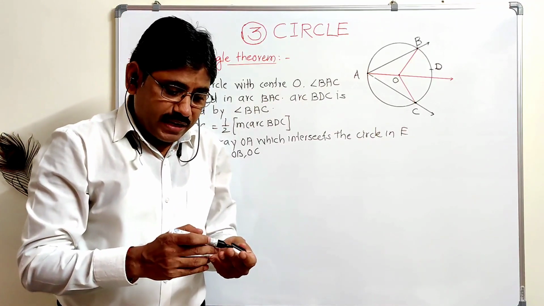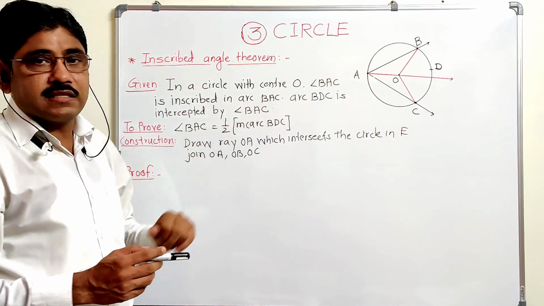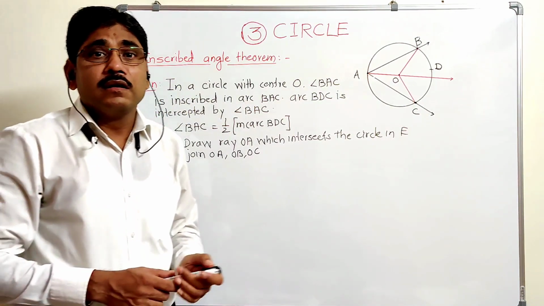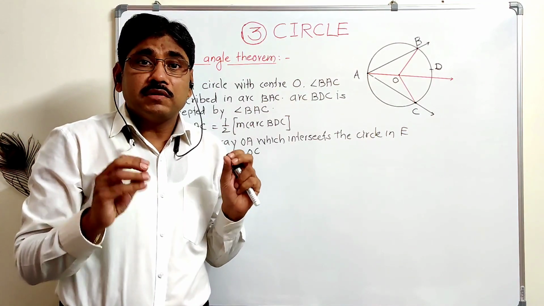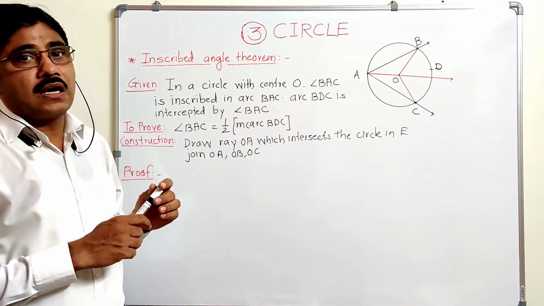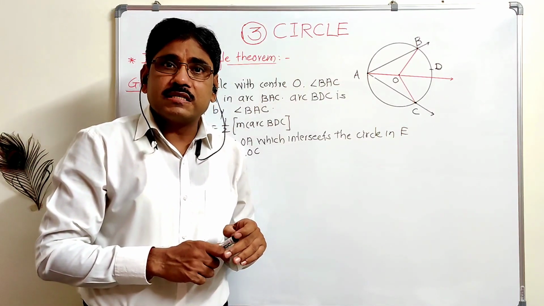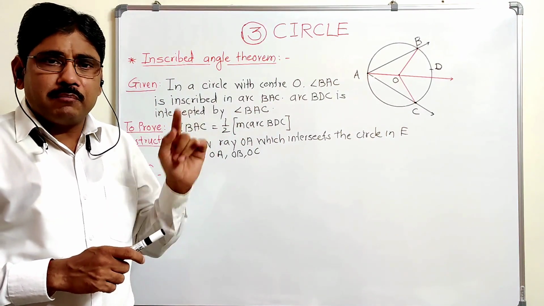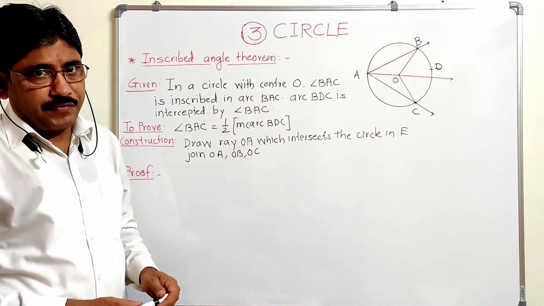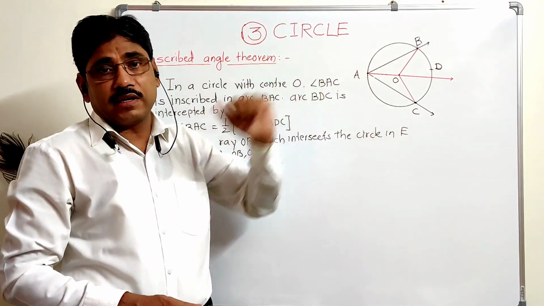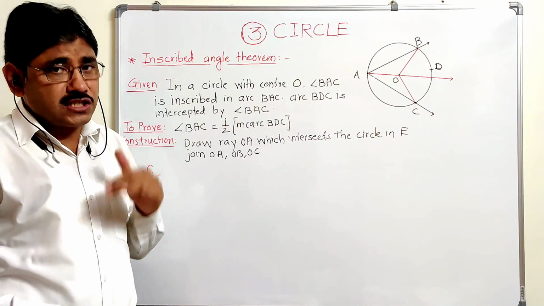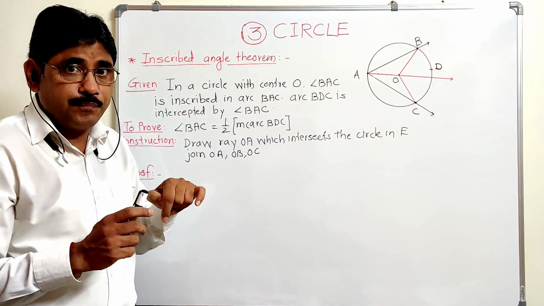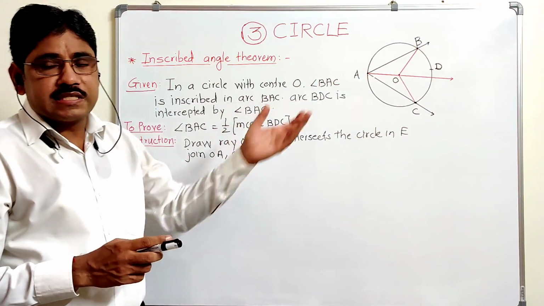The measure of the inscribed angle, that is, measure of angle BAC, is half of the arc intercepted by it. So that is the inscribed angle theorem. What is the theorem? Remember the statement: the measure of an inscribed angle is equal to half of the measure of the arc intercepted by it. That is the statement. Now from that statement, first we have to draw the figure whenever a theorem is there, and in this, three conditions are given, we only have to write the first condition, no need to write all the conditions. Remember this point. So here first draw the circle with center O.